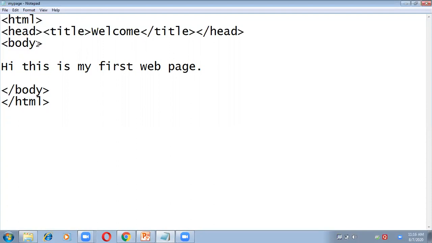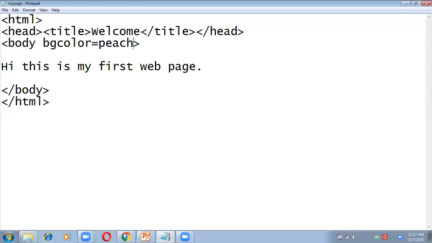Attributes, as we discussed in the last class, tell some more information about the tag. They are the properties of a tag which can enhance the features of using that tag. For example, the first attribute of the body tag is BGCOLOR. It's a single word with no space, and the spelling of color will be C-O-L-O-R. And here I want to write the name of the color. Suppose I'm writing pink, peach.